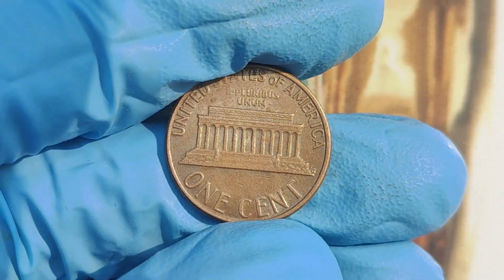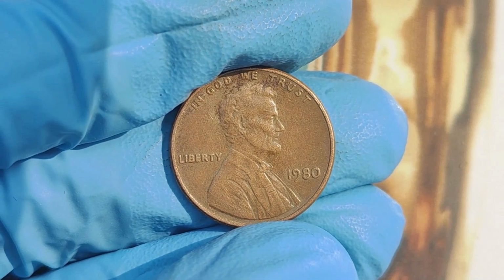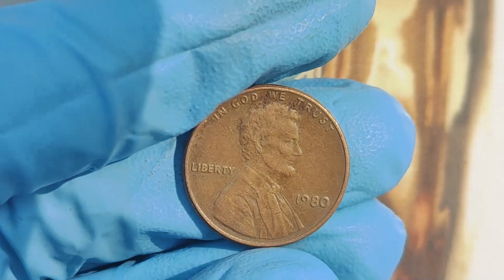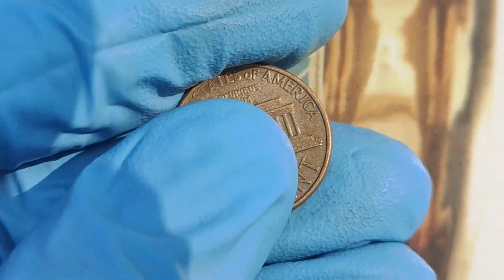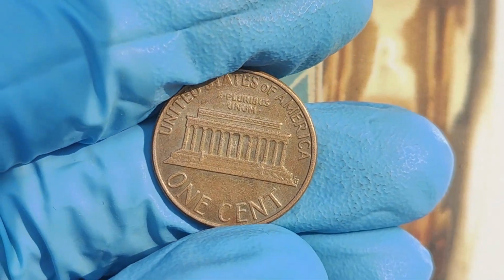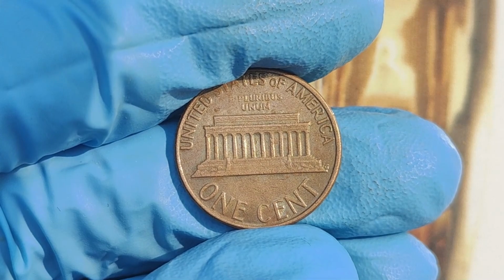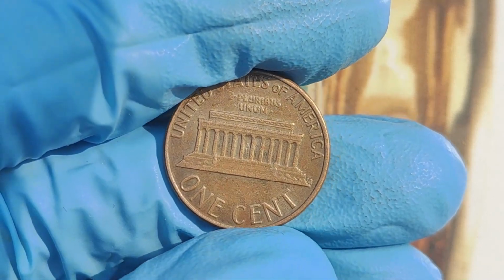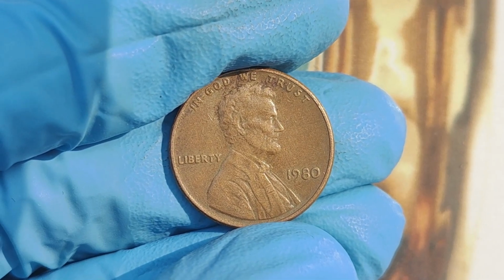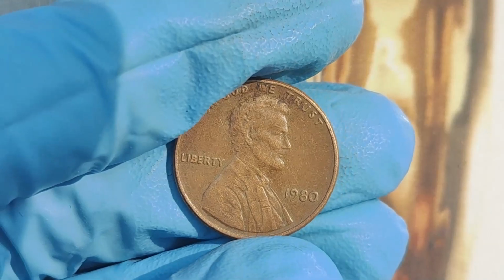Depending on the coin's condition, these pennies can fetch anywhere from a few hundred to tens of thousands of dollars at auction. And in pristine, uncirculated condition, we're talking about a coin that could be worth over $1 million. Imagine what that kind of money could do for you. Pay off your debts. Buy your dream home. Secure a luxurious retirement. The possibilities are endless, but here's a twist: